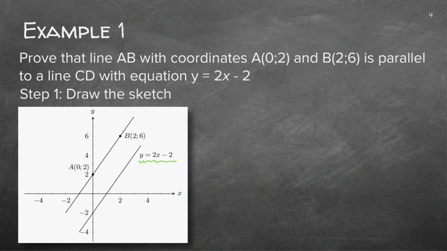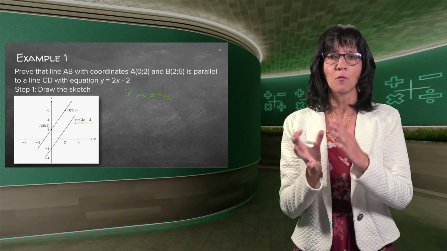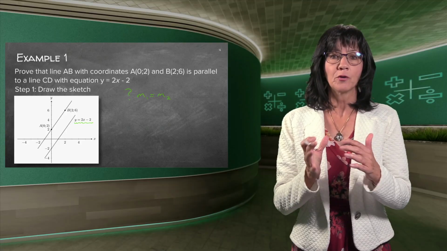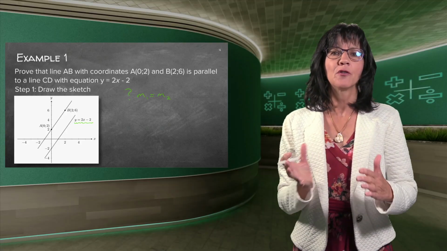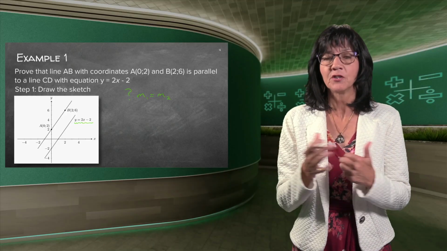Now what do I need for parallel? In the back of my mind, I must make sure that I know this is my actual question. When they ask me to prove, like previously I said, if you read a word that gives you a formula, you write down the formula. What do I know about parallel lines? I know that their m's are the same. Now, maybe I need the formula for m, we'll see just now.